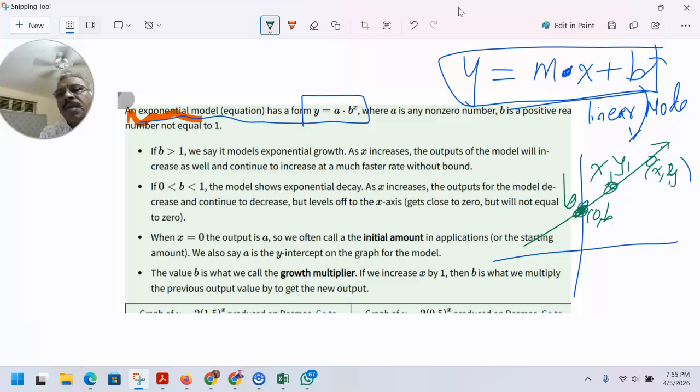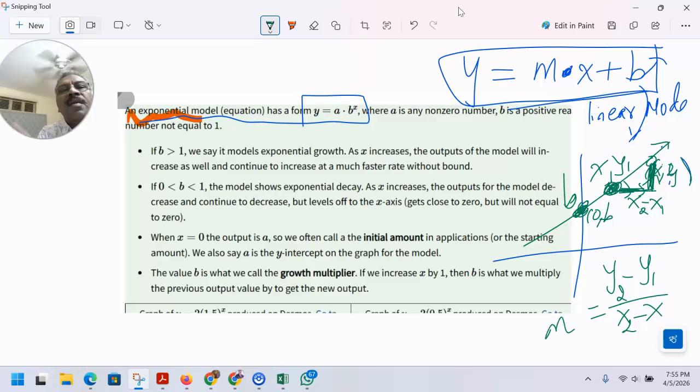And you would see that there is a rate of change. That means when x increases by some value, x2 minus x1, which is the increase in x, then y increases by y2 minus y1. Then you take the ratio of the difference in the y's and the difference in the x's, and you get the slope, which is also the rate of change. But in this case,